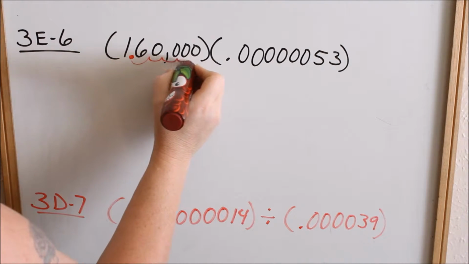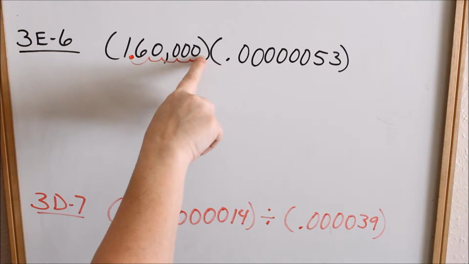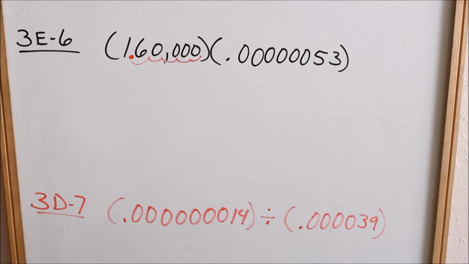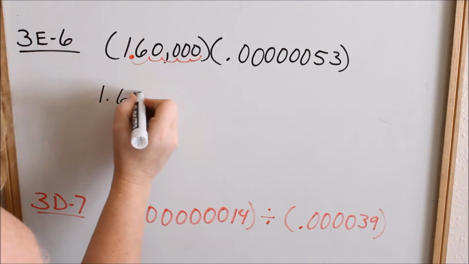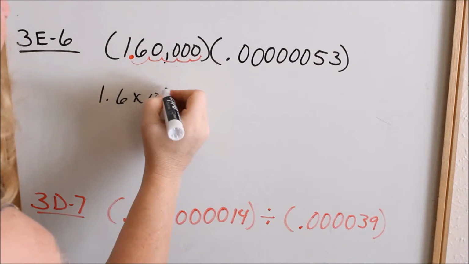1, 2, 3, 4, 5. You're always going to count to the end of the number because this is where your decimal is to start with. Put your decimal here and you count to where your decimal originally was. So this would be 1.6 times 10 to the, what do we say, 1, 2, 3, 4, 5, times 10 to the 5th,